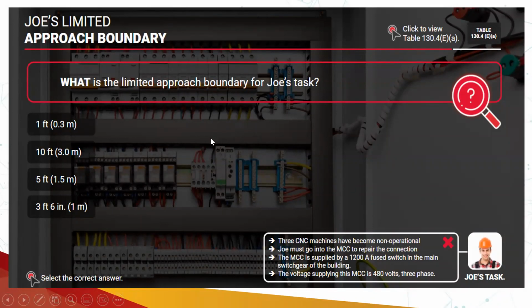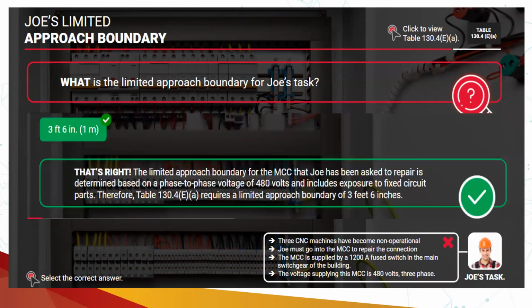So if we remember the voltage level, the voltage level was 480 volts, and they have given us a 1200 ampere fuse value as well. So we don't have to take into consideration the ampere value. We will look into the voltage level, and based on the voltage level, we will go into the table, and the outcome of the table is that 3 feet and 6 inches is the right answer for the limited approach